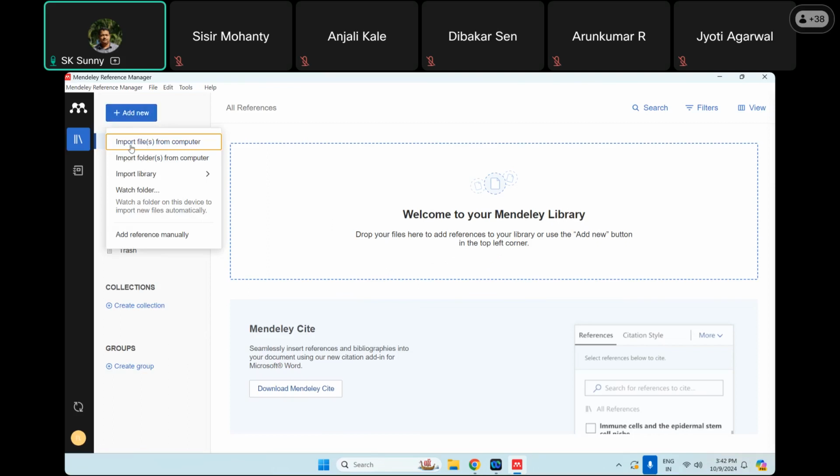Here are multiple options. Import files from computer. So as of now, we will do this. We can also import a complete folder from computer. It is also possible. If a folder contains 100 or 500 or 1000 PDF files, in one go, we can